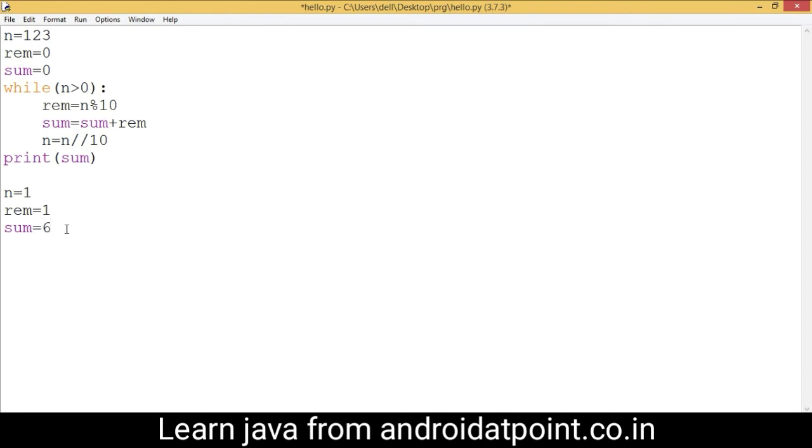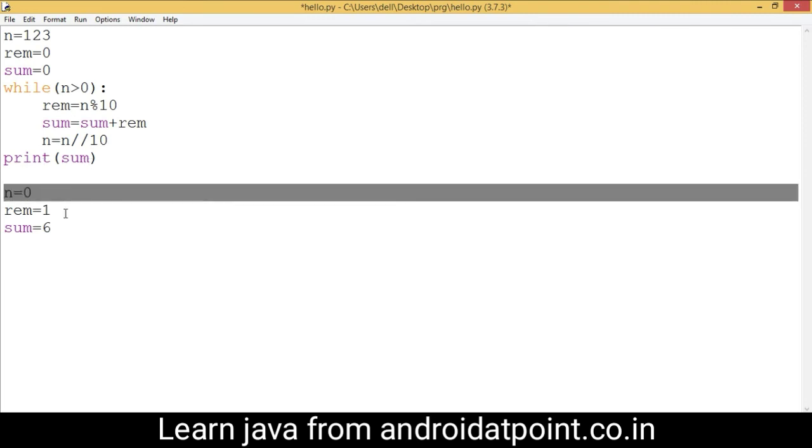Now n is 1 divided by 10. The quotient 0 is assigned into the n variable, and control comes here and checks the condition. The value of n is 0, which is not greater than 0, so the condition becomes false. Now control comes outside of the while loop and prints the value of sum as 6.